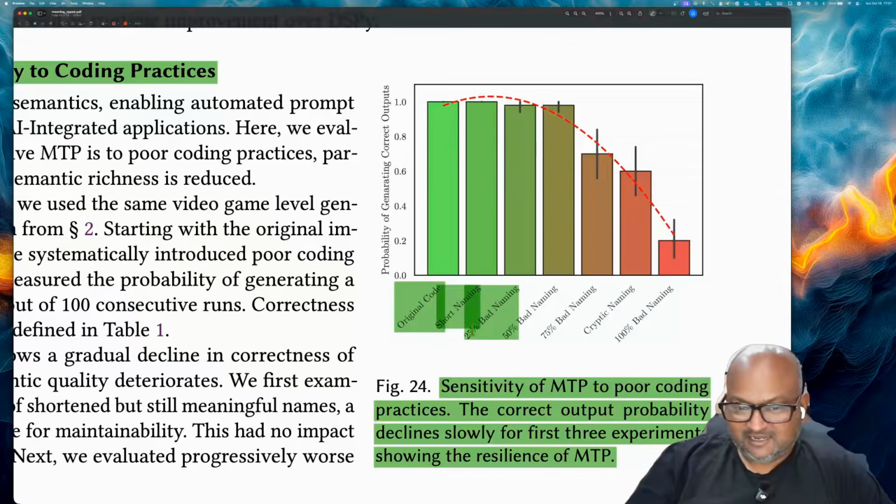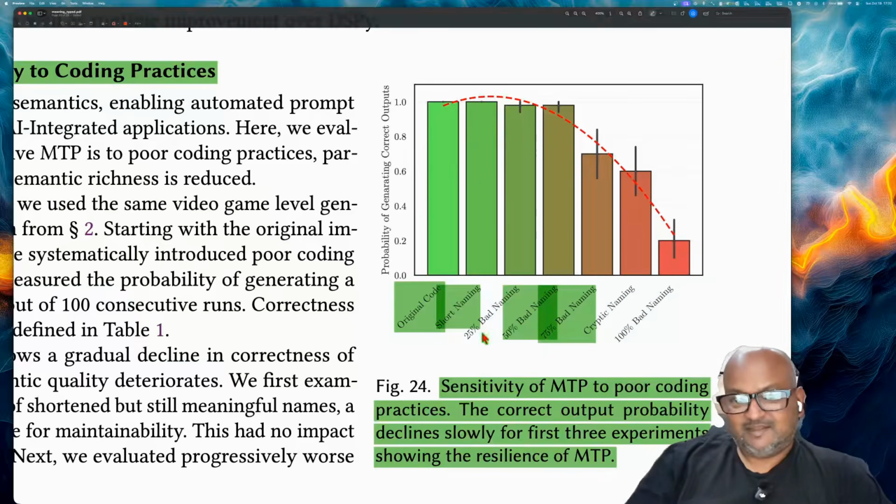They have short names, they have a quarter bad names, half bad names, and you can see when you have a quarter bad names or half bad names in your source code, the degradation is very small. It's still in the high 90s. And then if you go all the way up to 75% bad names, that's when it really falls off a cliff. So it's good to know that there's some resilience built in there.